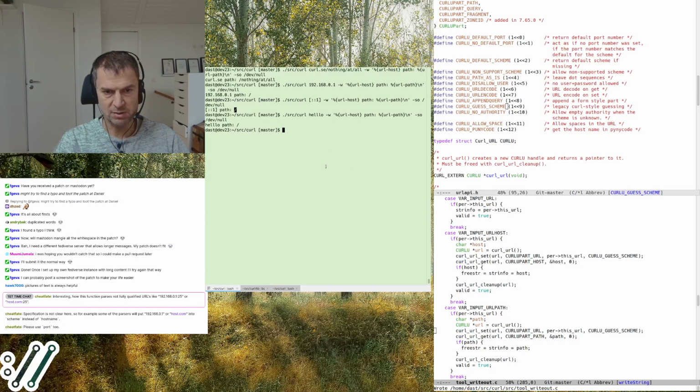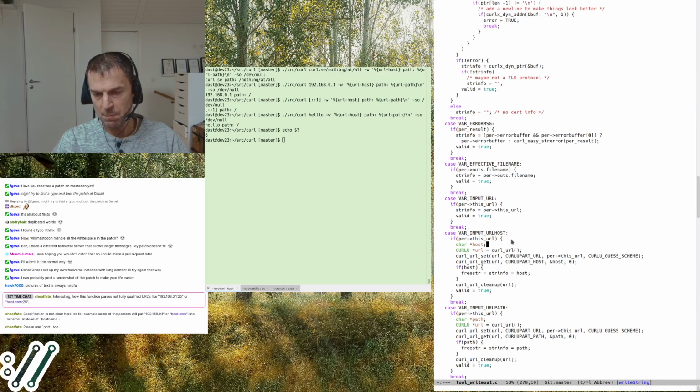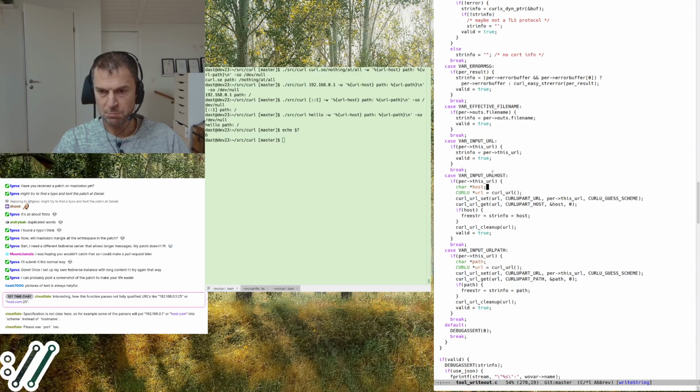It also works because this transfer doesn't have to work. It'll still output this. This thing is output even if the transfer fails. So it certainly failed here because there's no host called hello with many L's on my host on my network. So yeah, my plan is then to output this for all.